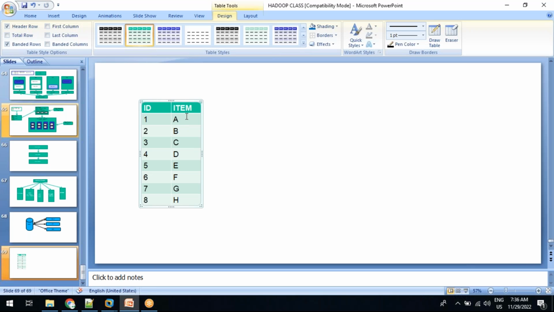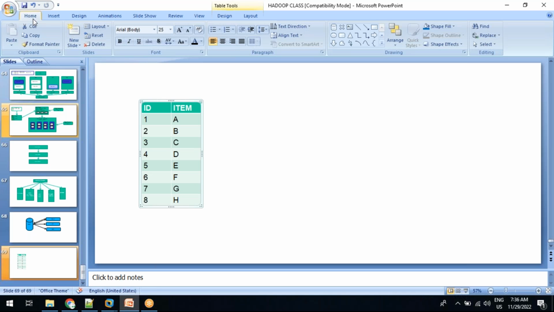So this is my data. Assume I have a table, and the table has this data. How exactly will Sqoop do the import operation? That import operation depends on the number of mappers. The entire data will be divided based on how many mappers we have. Suppose